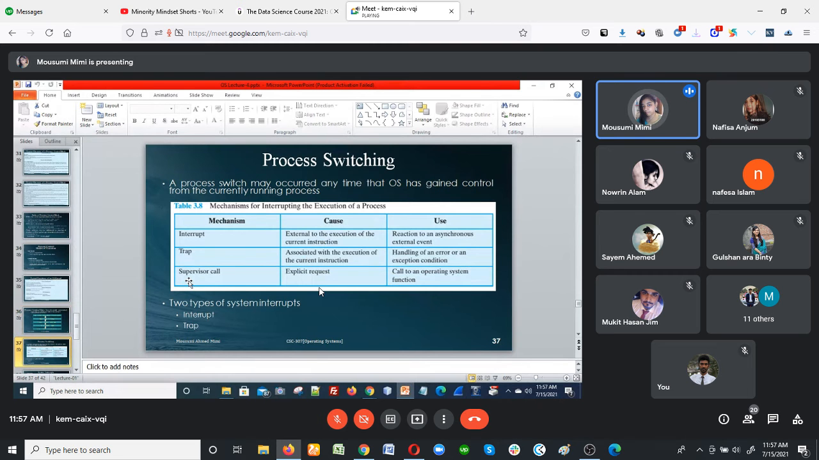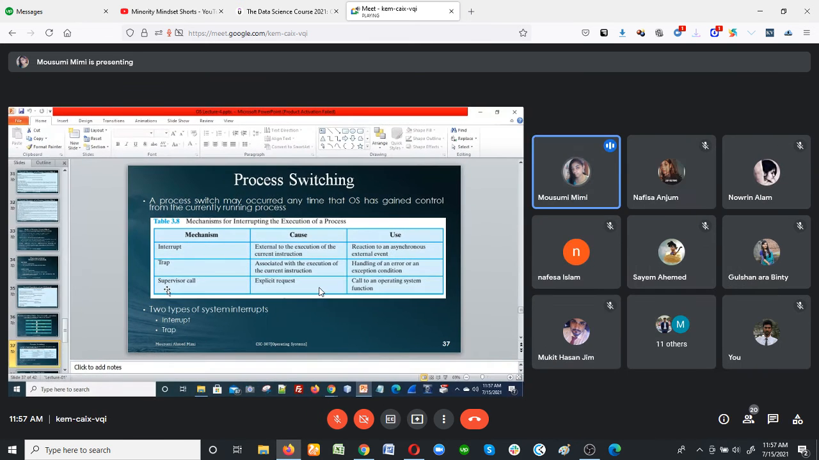Now about process switching. Process switching happens because of three things. One is interrupt, one is trap, and another is supervisory call. To know what an interrupt is,